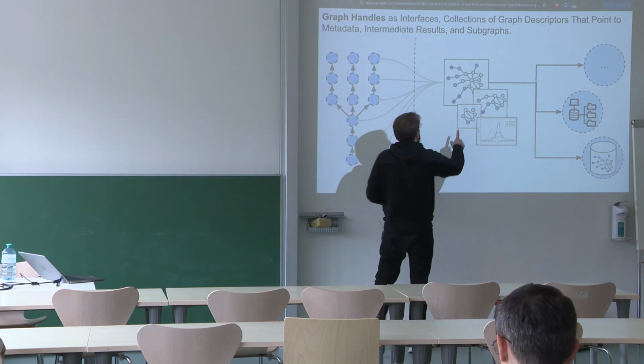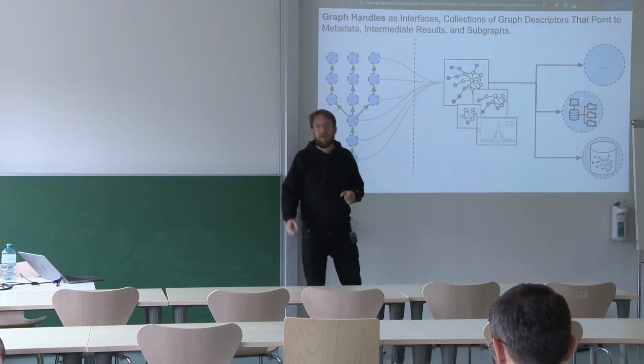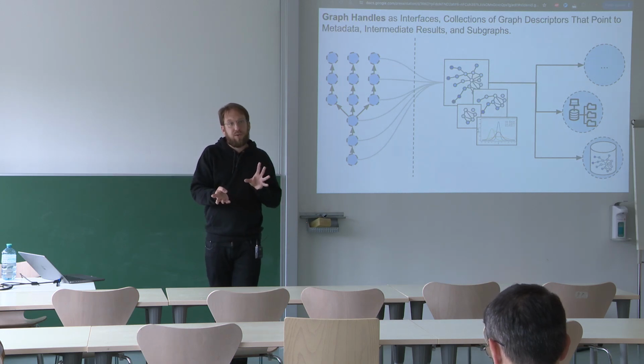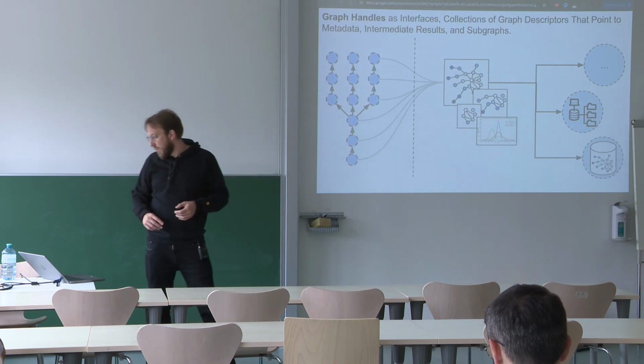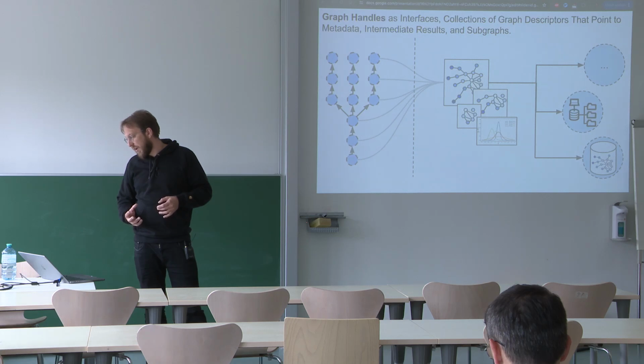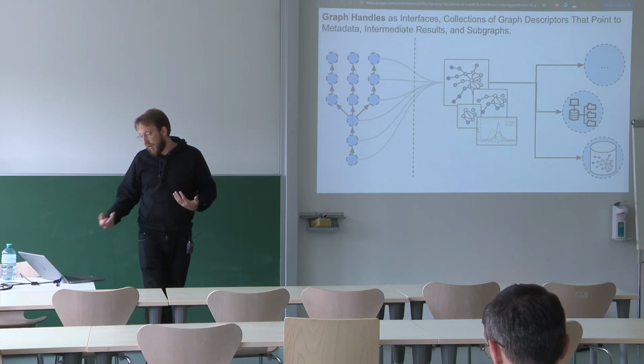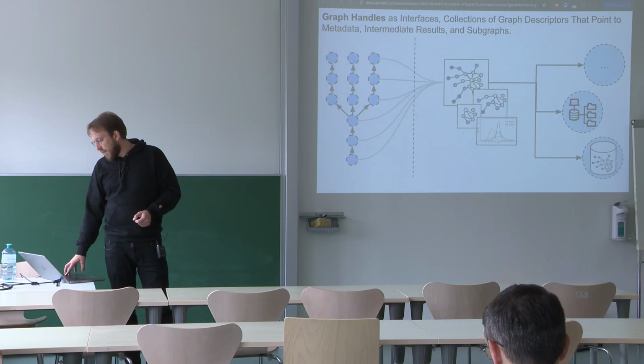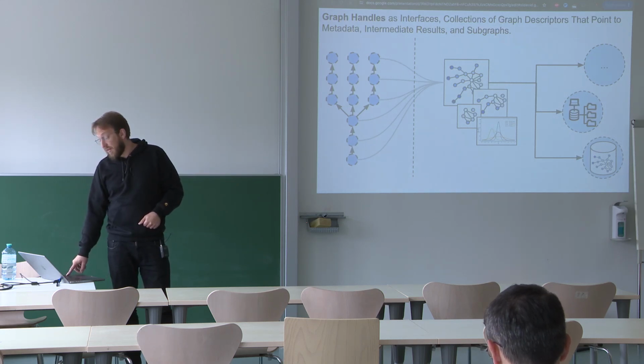And there are subgraphs and sampled versions of this main graph that might allow us to shortcut this execution, right? So we have something like a handle, which we were just discussing, to store in one of these RDF triple stores, because they're transactional. So you can just hand them from BGO to BGO and collect not only metadata on the main graph, but also information like immutability or subgraphs, samplings, intermediate results, all these kinds of things.